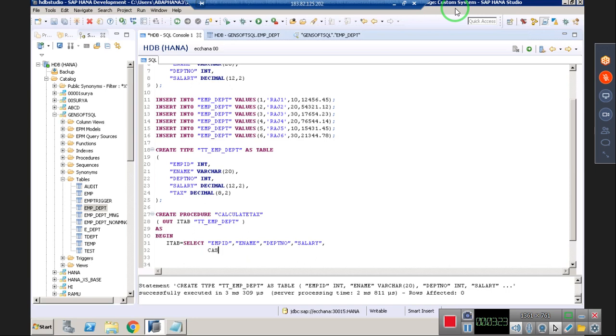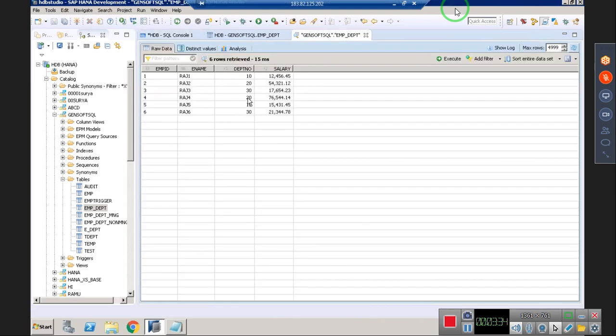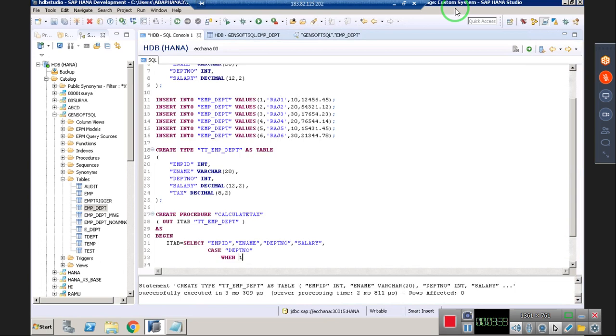Na? So I'll say case, try to understand. Case department number. Yeah, when, what are the available departments in my table? 10, 20, 30. There are 3 different departments. Okay, so I'll say when 10. Okay, when 10, what I'll do then? The syntax is slightly different from a normal abap. When 10, then what I want to return, the tax. Tax is calculated based on salary. So I'll say then salary into